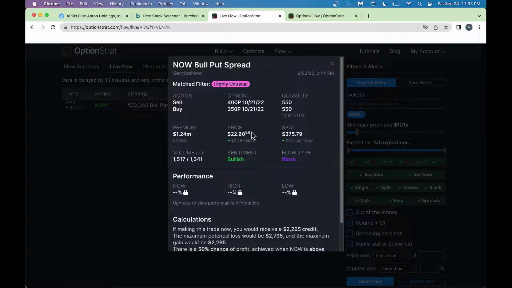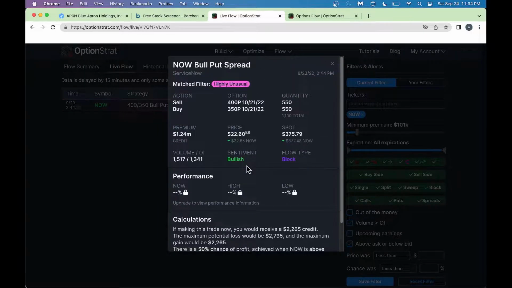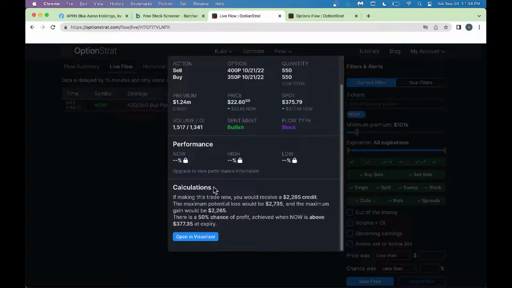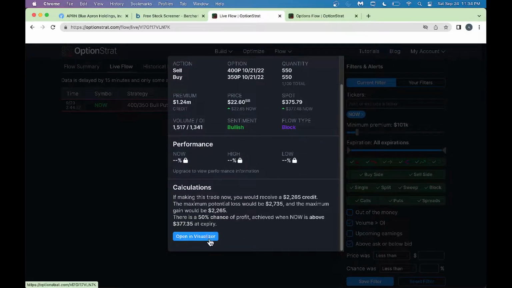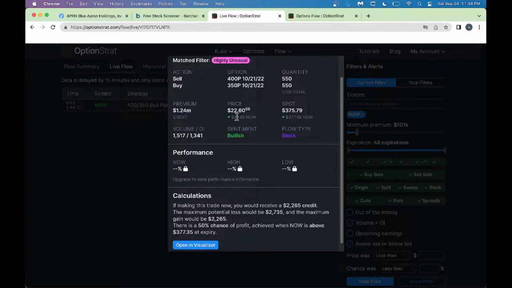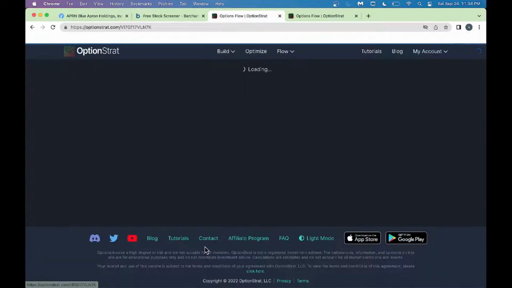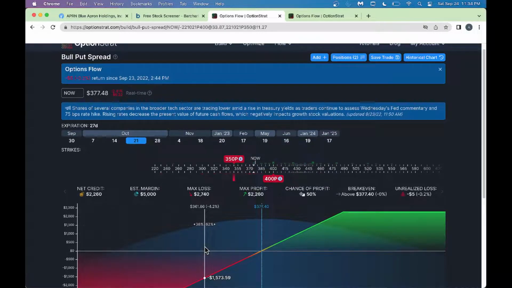So what you can do is you can also play along with it and see what to do. You can open this in the option visualizer and see if it is worth looking at this trade. I can click on the option visualizer, and that will let you copy this trade into the option visualizer and see if it makes sense for you. Let's go into the option visualizer. Look, Optionstrat copied that unusual flow into the option visualizer,